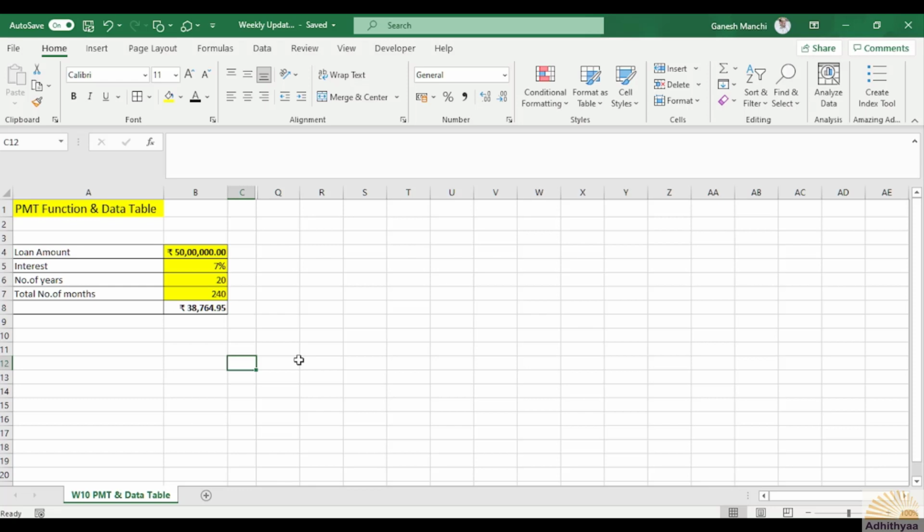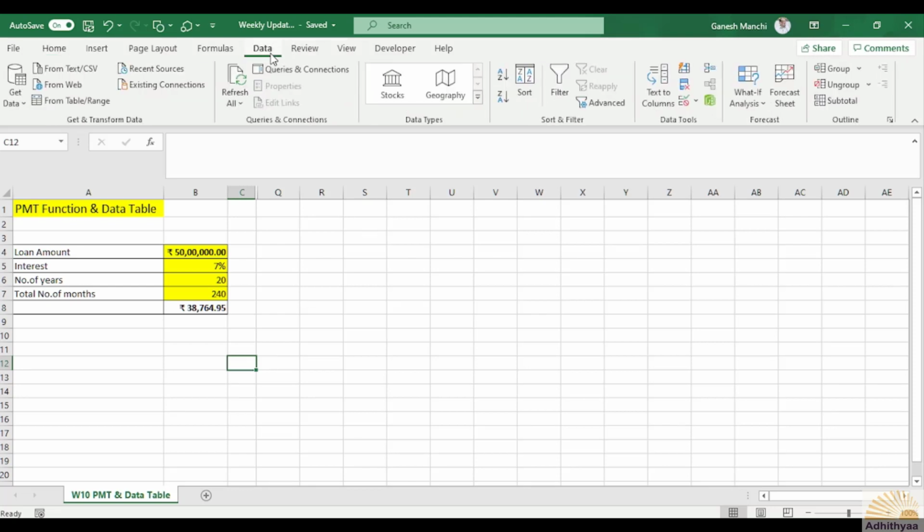There is an inbuilt tool available in MS Excel under Data, under the Forecast group, under What-If Analysis. There is a beautiful, at the same time very powerful inbuilt tool under the caption Data Table, which I will explain to you now.